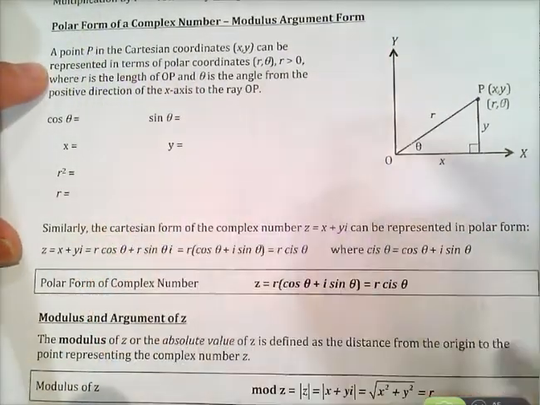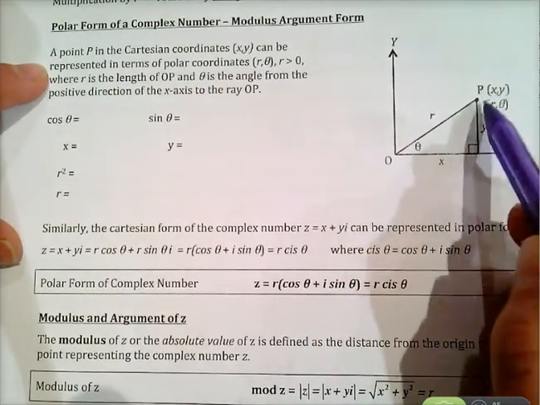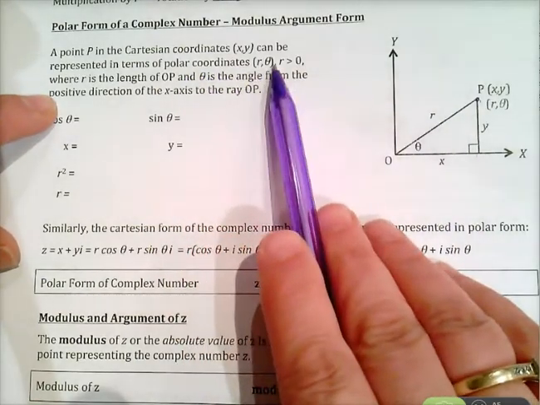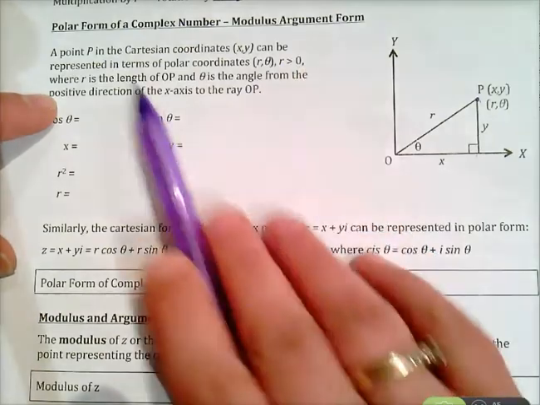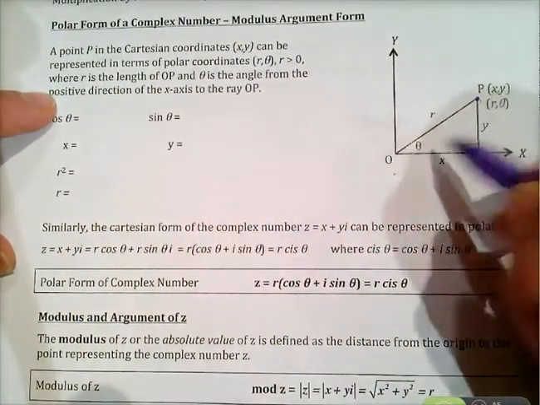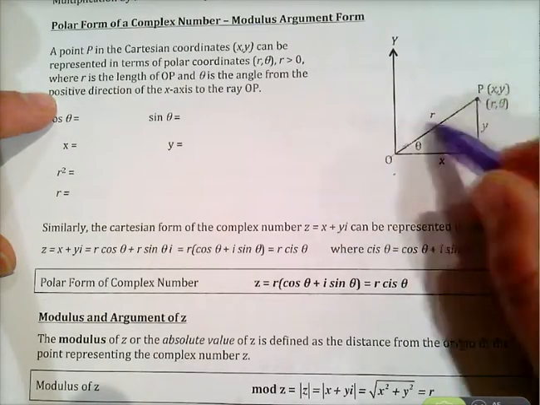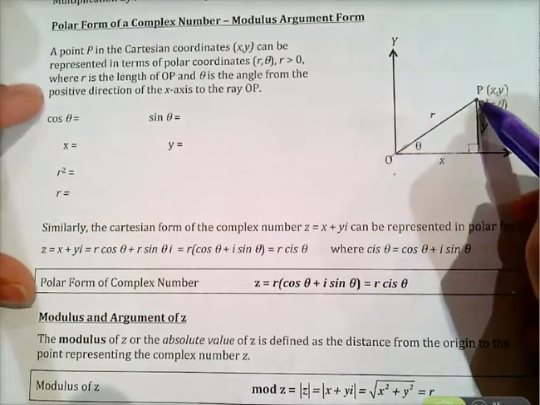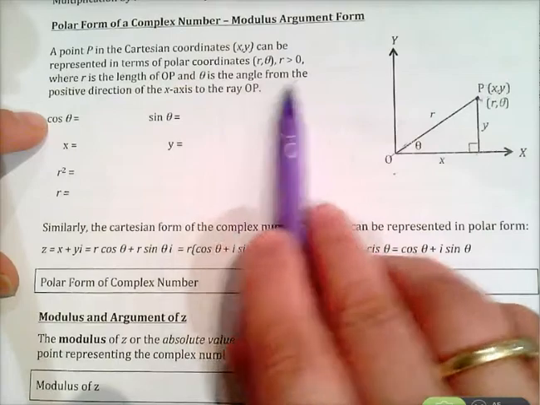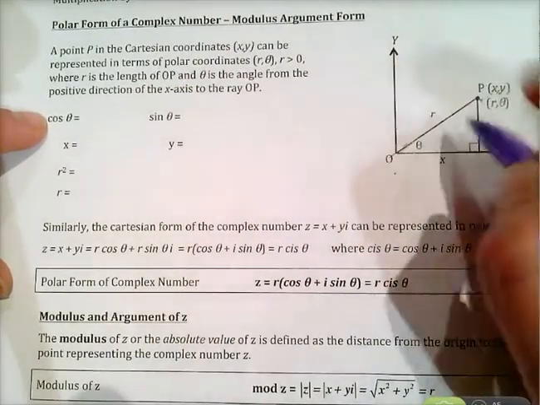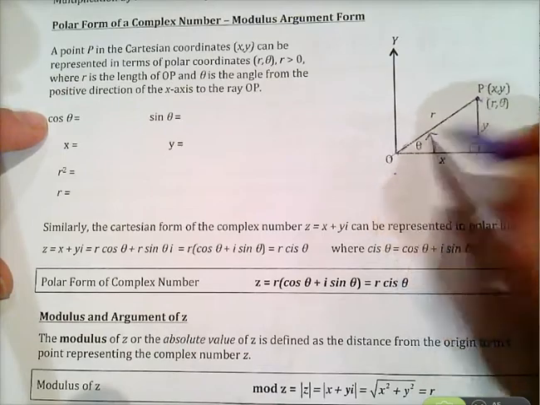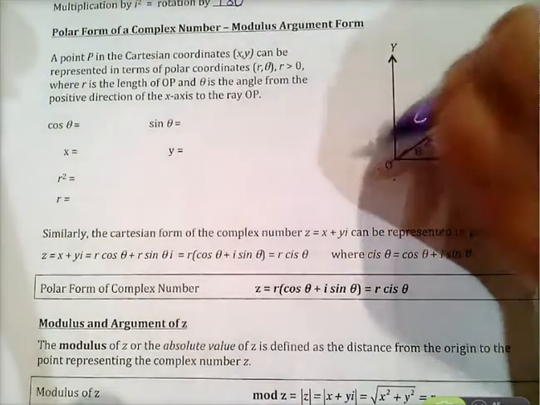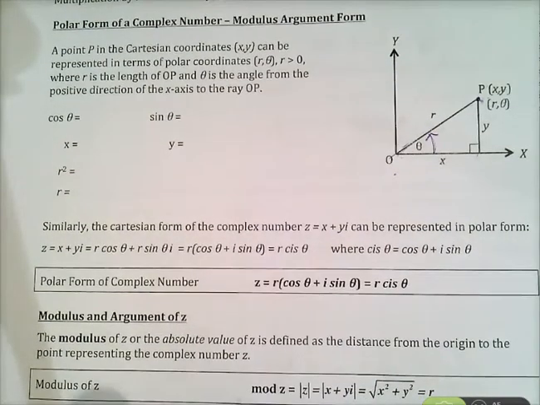So the point P in the Cartesian plane with coordinates xy, which is x across and y up, can be represented in terms of polar coordinates r theta, where r has to be greater than 0. Now r is the length of the vector OP, the distance from the origin to your point P, and theta is the angle from the positive direction of the x-axis to the ray OP. Just like theta is always